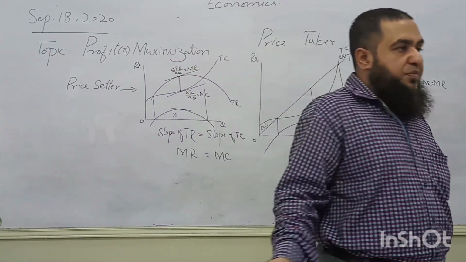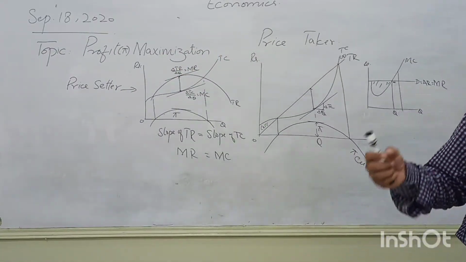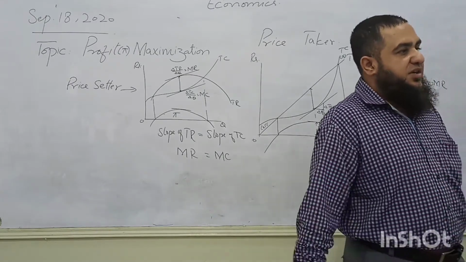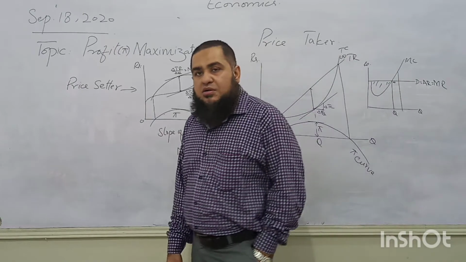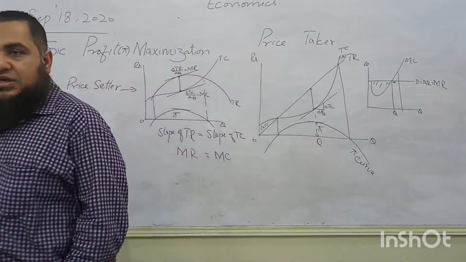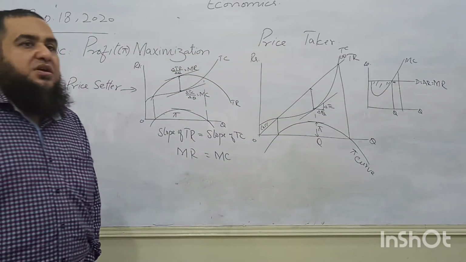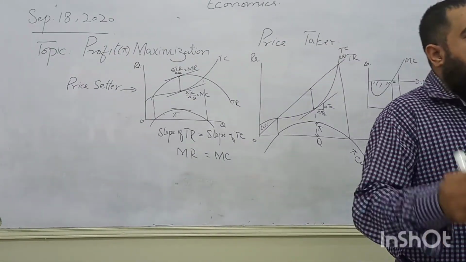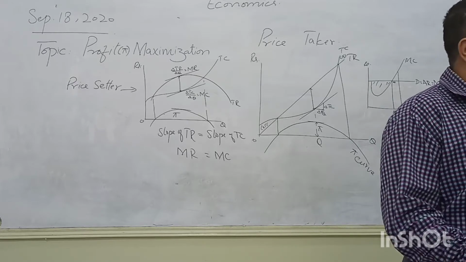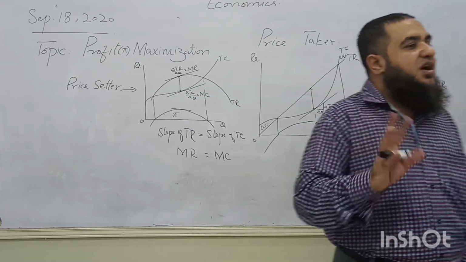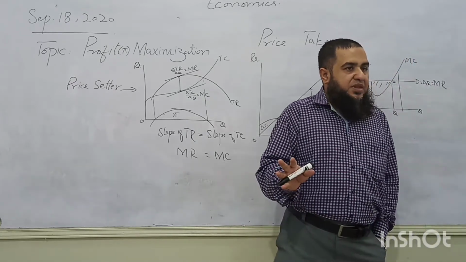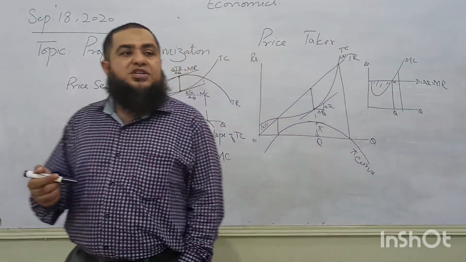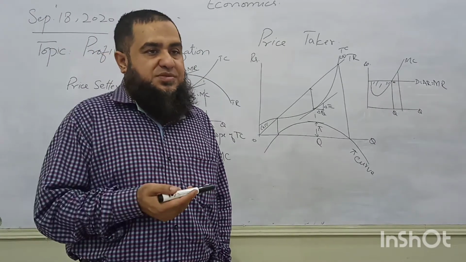Shutdown point is also important for the firm, because if it is unable to cover the variable cost, it will not continue. It will leave the market because the price is too low to cover the variable factors cost of production. Then it will simply close down its production operation. It will not wait. But if the loss is equal to the fixed cost or some part of the fixed cost, it is not closing down its production. It will continue until it reaches the point where its profit will ultimately be maximized.